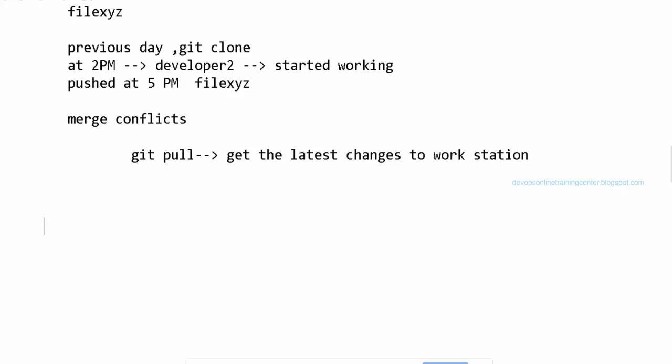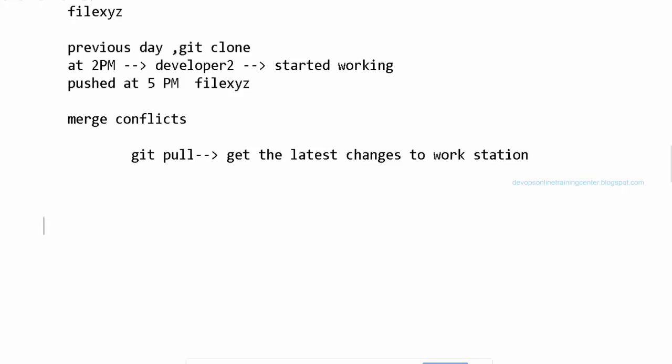Ideally, I think only one person should work on a file at a time, right? Yes, ideally, but what happens is, let us say there is a develop branch, a main file, and feature 1 and feature 2. One person is working on feature 1, another person on feature 2. Now let us say feature 1 has a separate file and feature 2 has a separate file. Then there won't be any issues in this scenario.